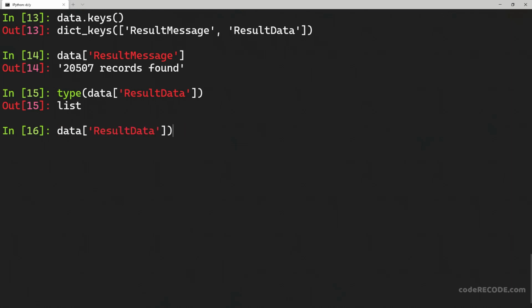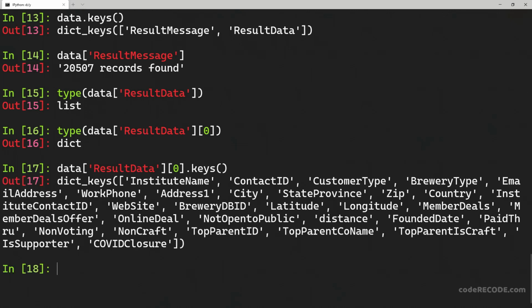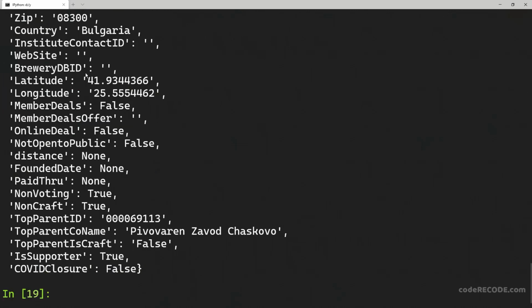It's a list. Let's look at the type of the first element, and it's a dictionary. Let's look at the keys: institute ID, contact ID, customer type. Okay, cool, this looks like valid data, so we can have a look at it.